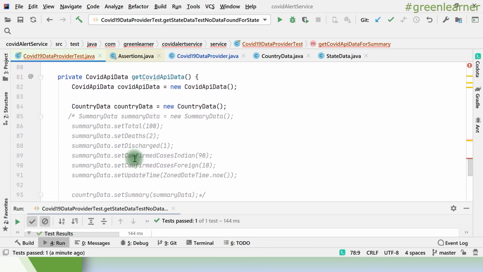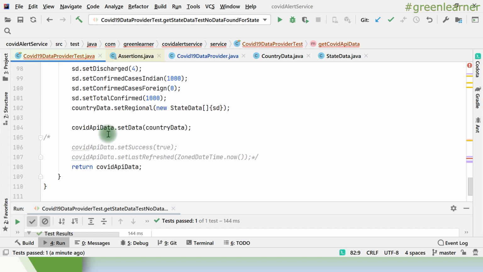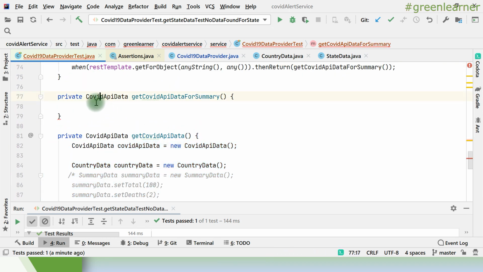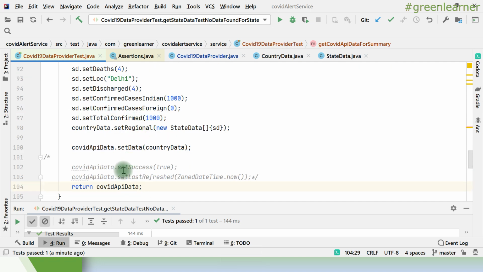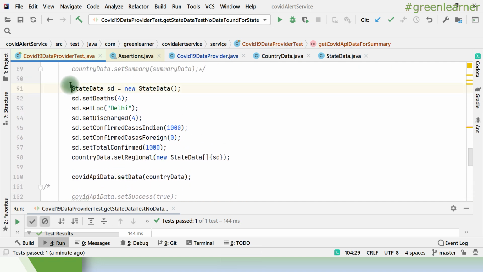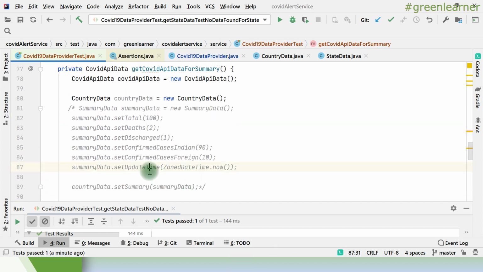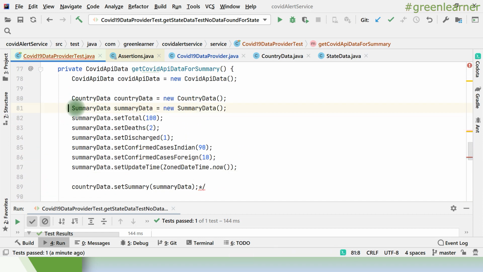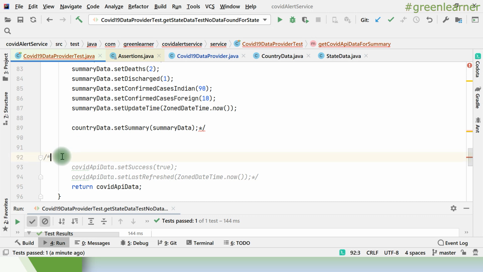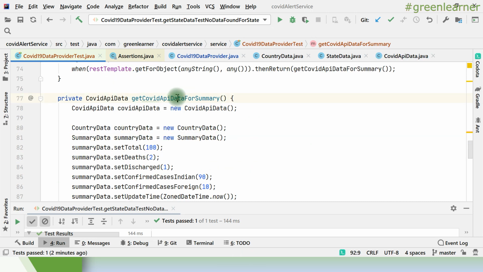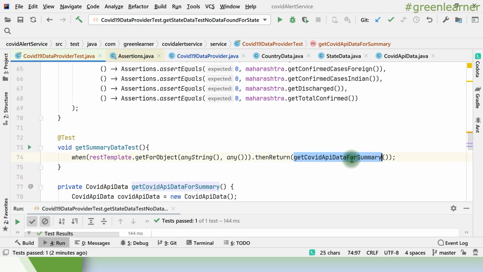It should also contain the same thing but with a little tweak. Here we are not interested in the state data, so I'll not be setting the state data, but this one, which we already have prepared. It will return this one for me.